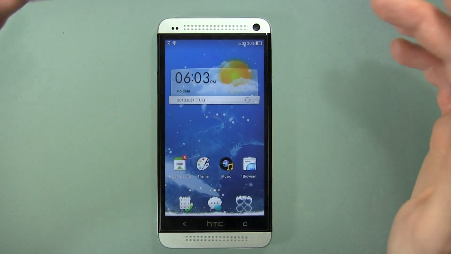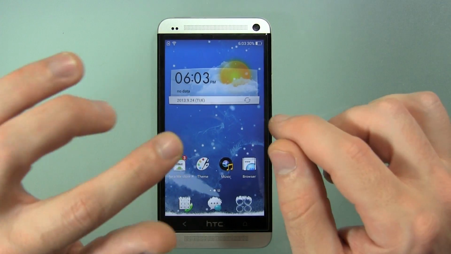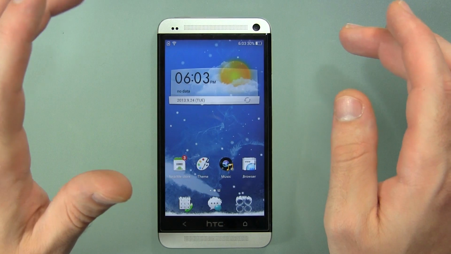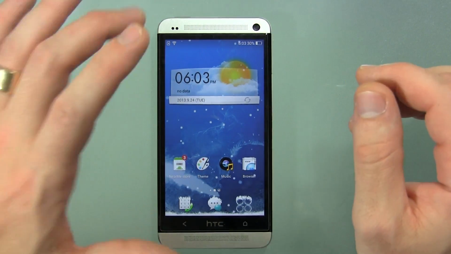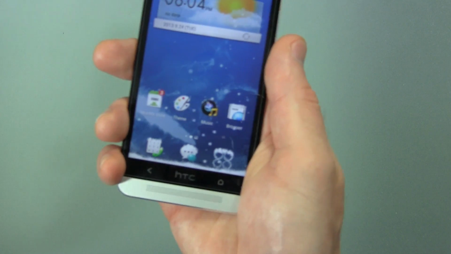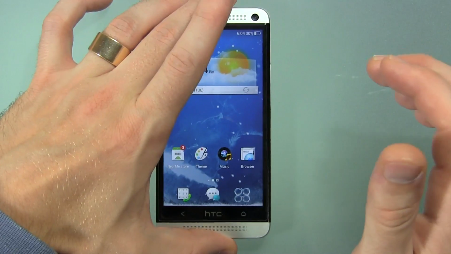What else can we show you about this? As you can see, it's got that wallpaper. In fact, I picked this wallpaper based off of an Engadget video that I saw recently, and this was the wallpaper that was on it. It's kind of cool. As you can see, it's an interactive wallpaper. Snow's falling on top of the icons. If we want to clear them off, give them a little shake. Maybe a little bit more than that. And as you can see, it clears the snow off of all the icons there,